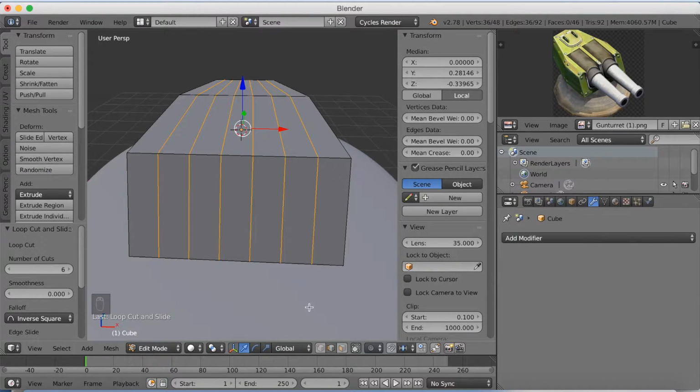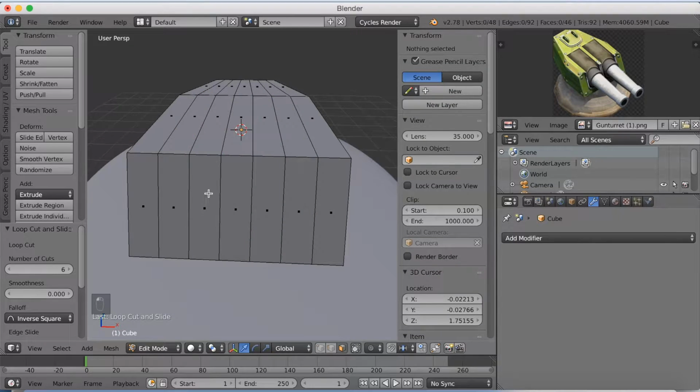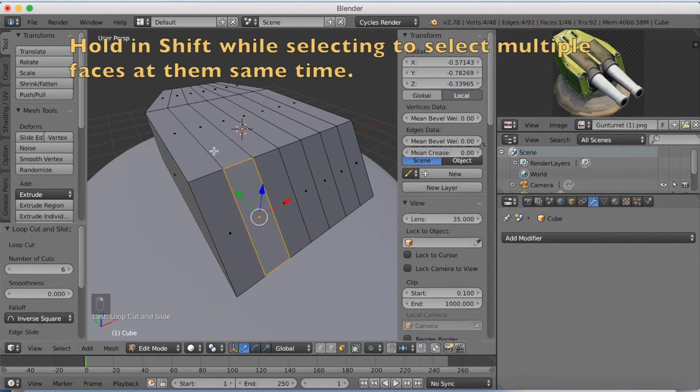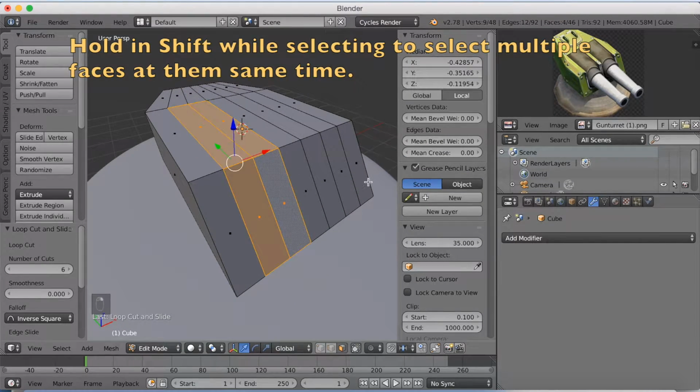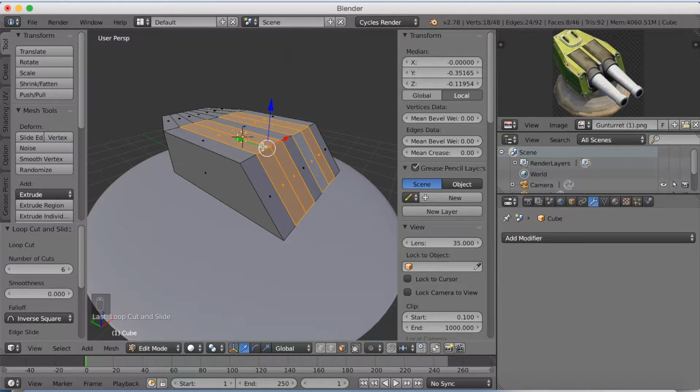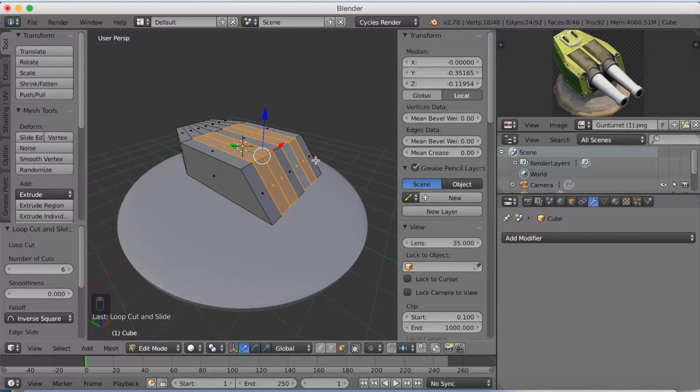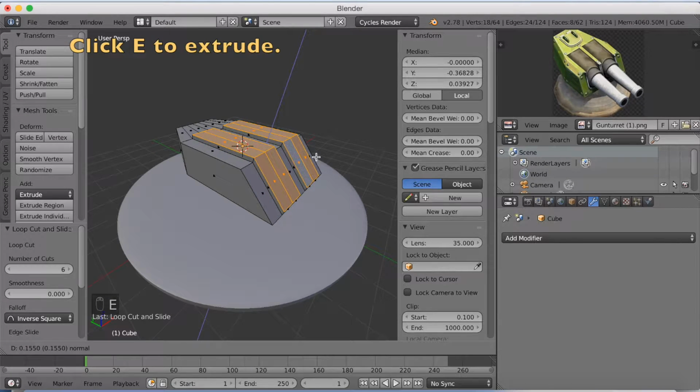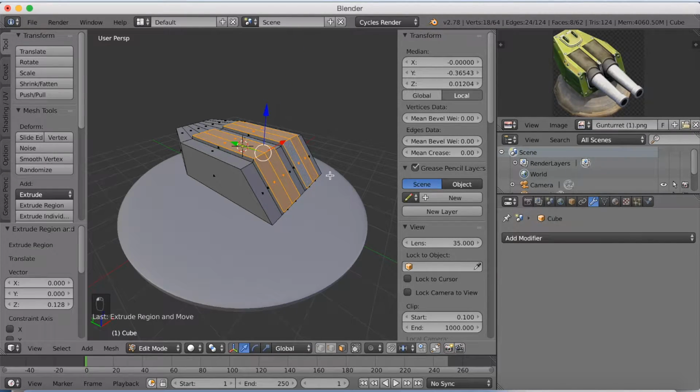And then I'm going to select 8 faces. To select multiple faces at the same time, you need to hold in Shift while you select, right click to select, and the next step is to extrude out these faces. So I'm going to click E to extrude, and extrude them a little bit upwards, like this. Left click to confirm,